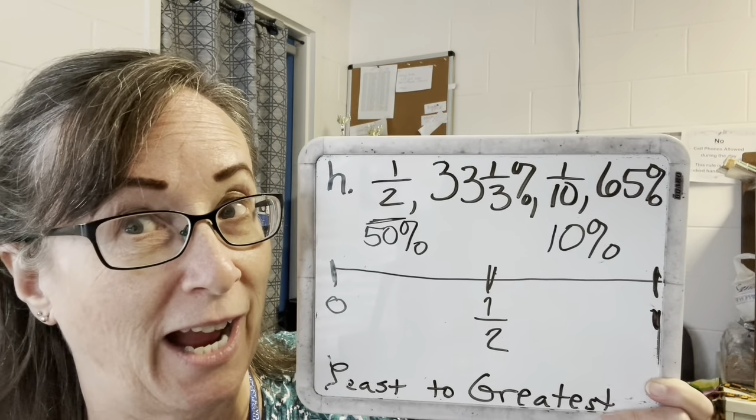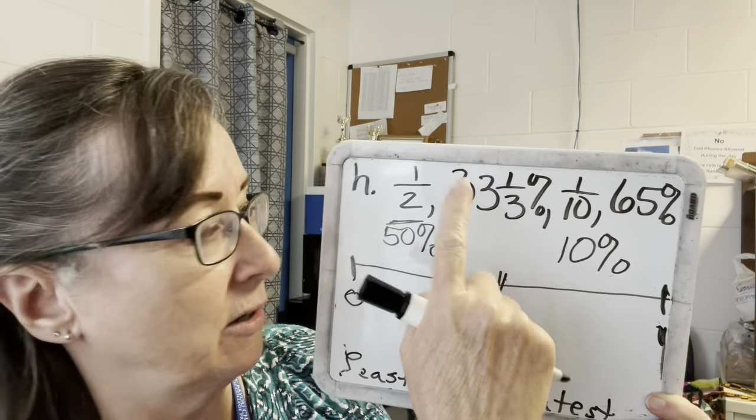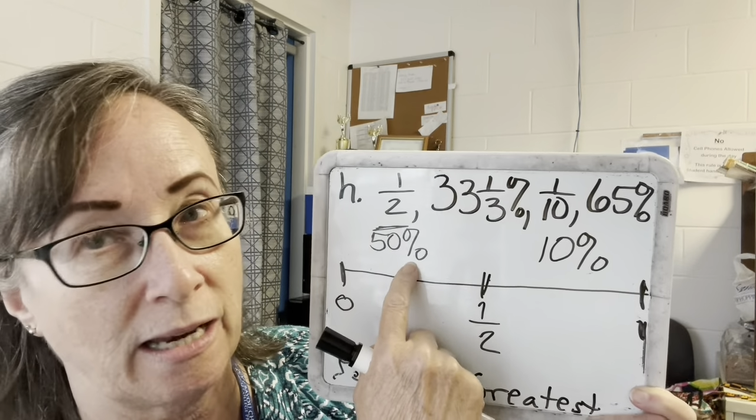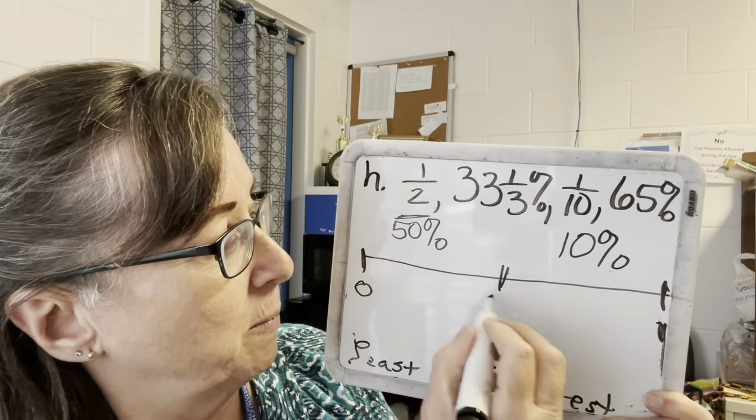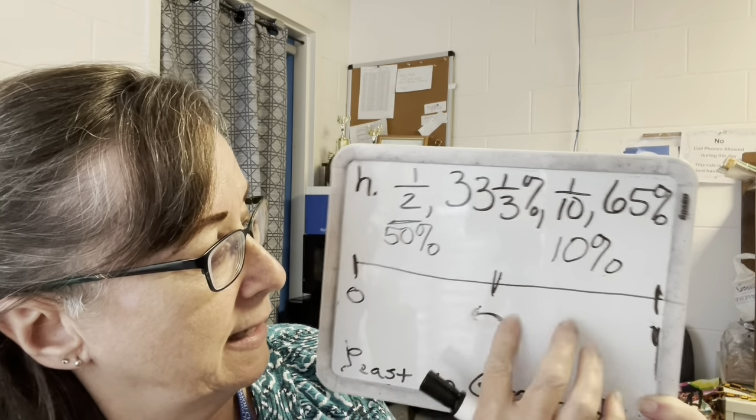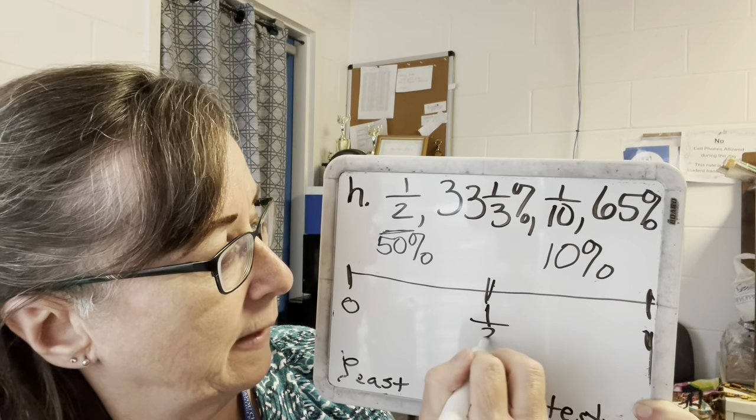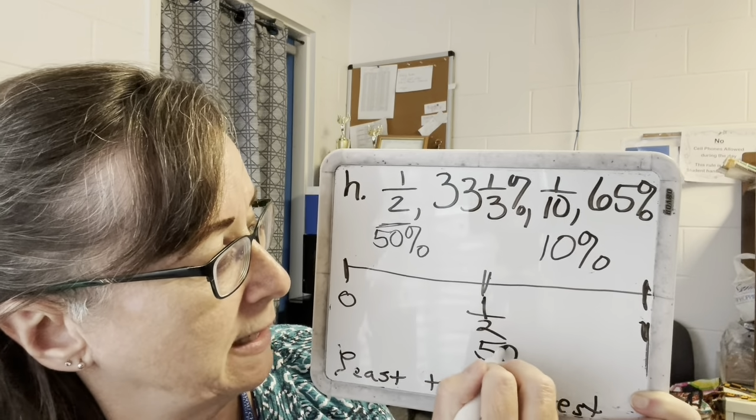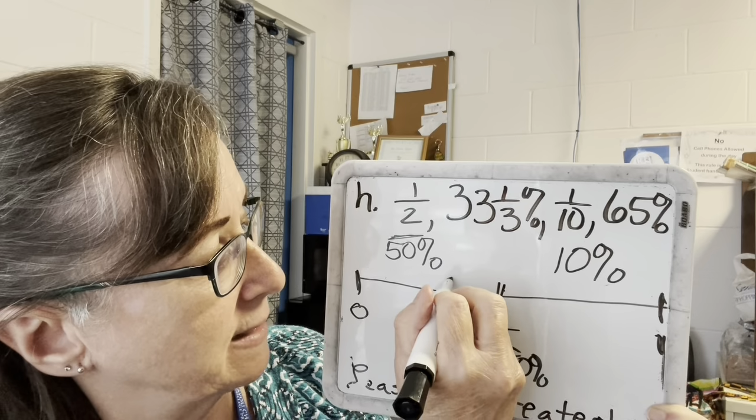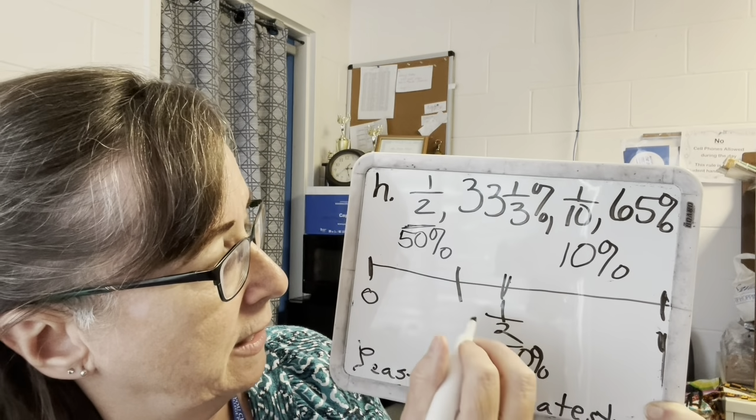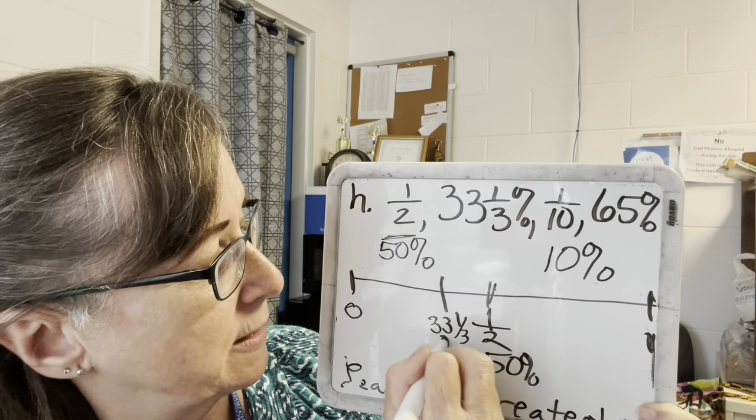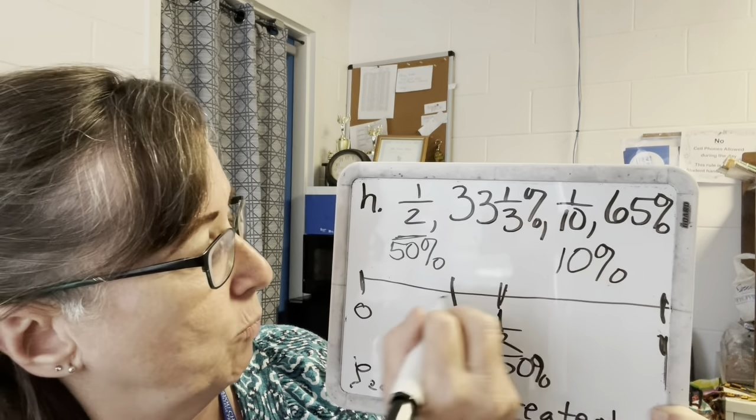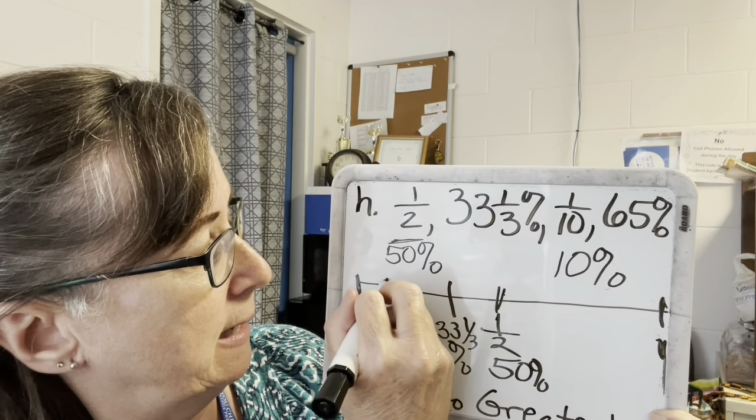Okay, so 10, then 33 1/3, then 50%, then 65%. Okay, so we'll put them on here. 1/2 is the same as 50, and we'll just put 50% down here so we can see it. And 33 1/3, that really is a third, so we'll put it about here. So we'll say 33 1/3%, and then right here we'll put 10%,